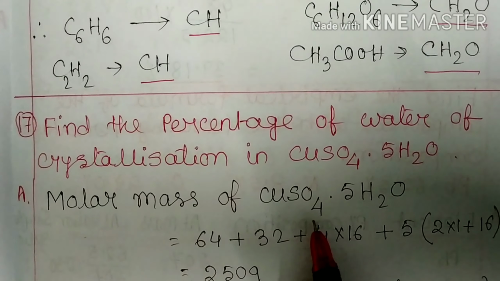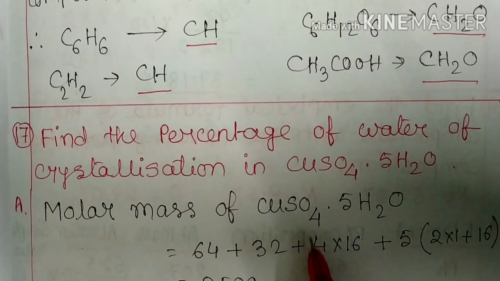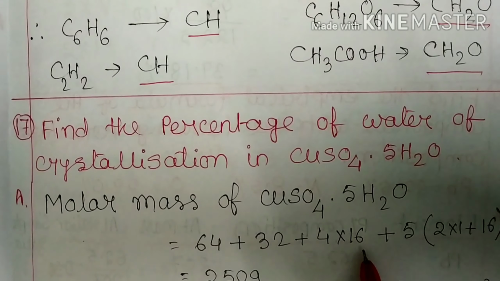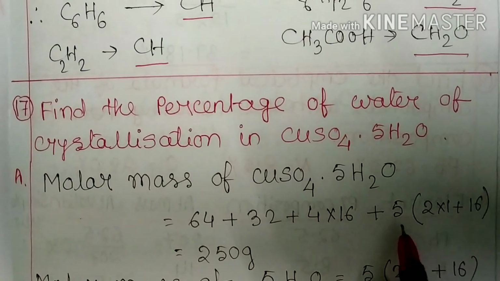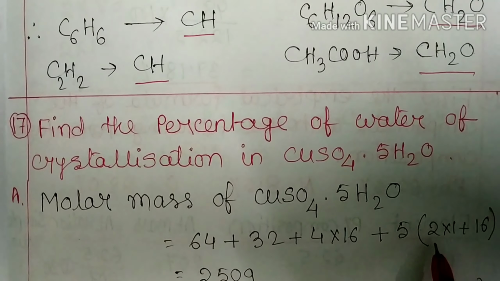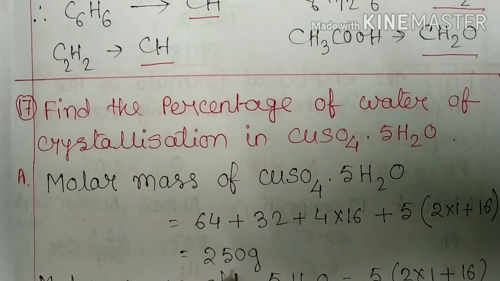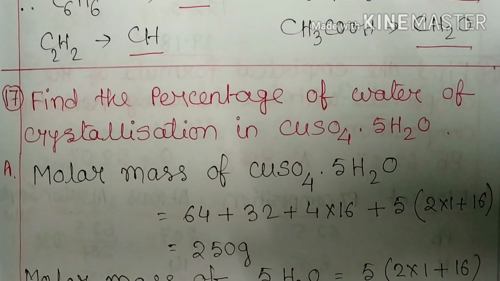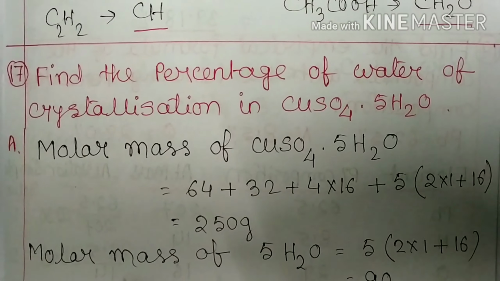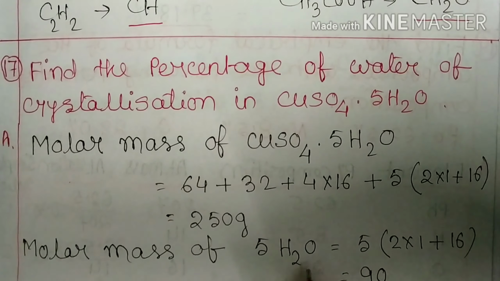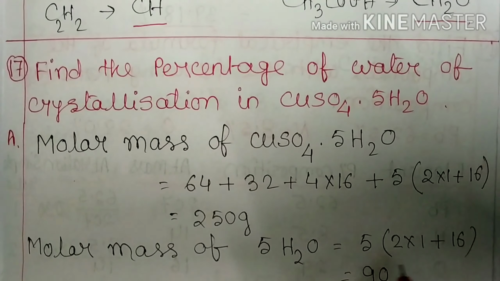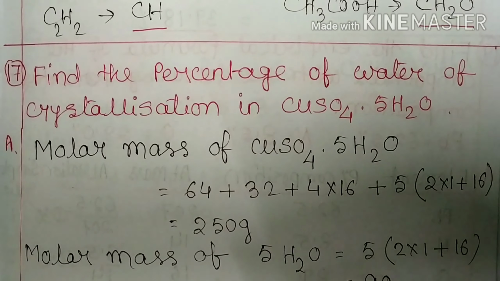So the mass of oxygen atom is 16. Therefore 4 into 16 plus 5 into 2 hydrogen atom means 2 into 1 plus 16. Total 250 gram. Therefore, and the molar mass of 5H2O equals to 5 into 2 into 1 plus 16 equals to